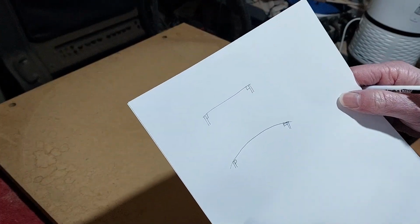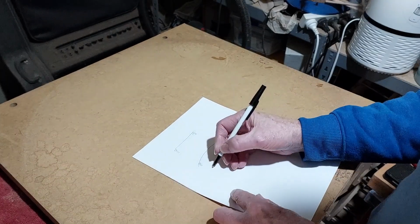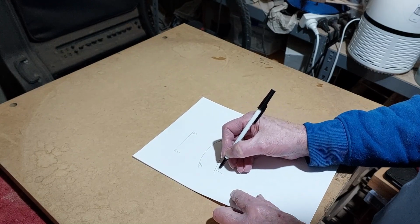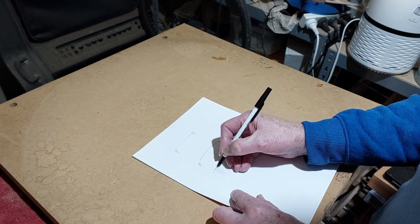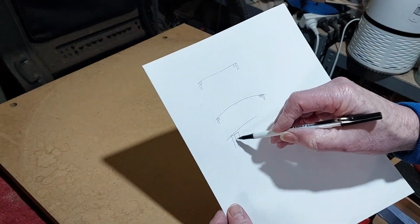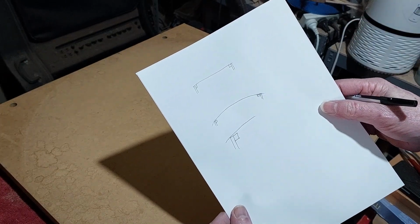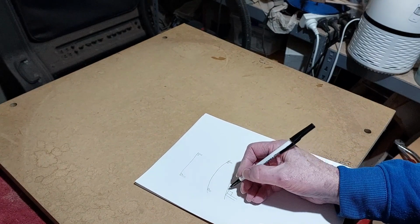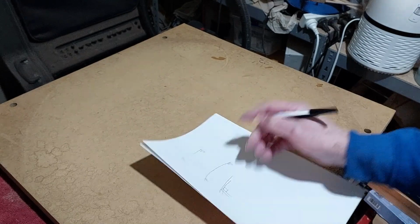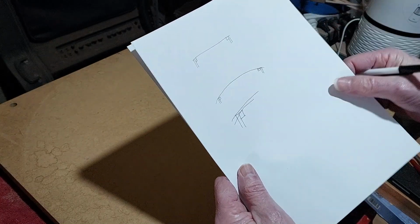if we exaggerate it slightly, we'll put our kerfing here. If we magnify one of those parts, there's our side, there's our kerfing, there's our back coming across here. If we were going to radius that now, we're going to have to cut through a large part of our side there when we're doing the kerfing. So what we do,